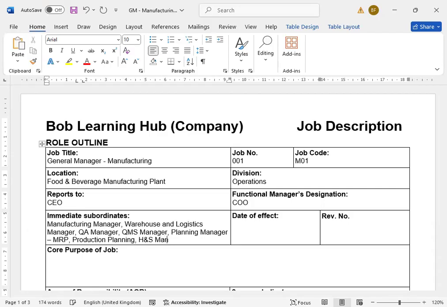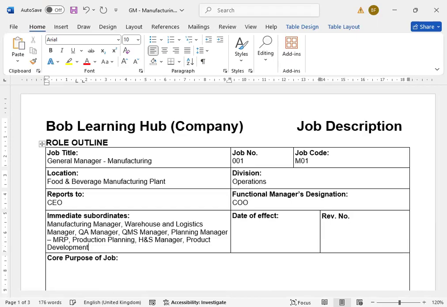So the health and safety manager will also be reporting to the general manager manufacturing, and the product development manager will be reporting also. Some are not reporting to the manufacturing; some are reporting directly to the manufacturing. So depending on the organization that was developed by the CEO, it could be a product development manager. And another role,